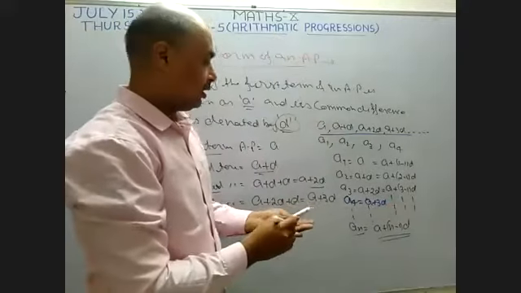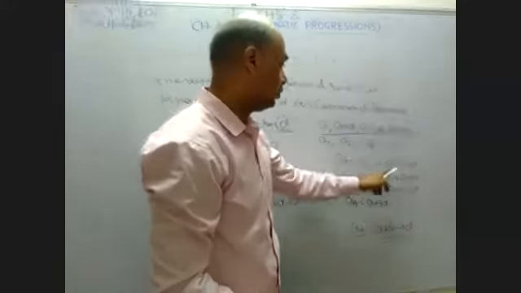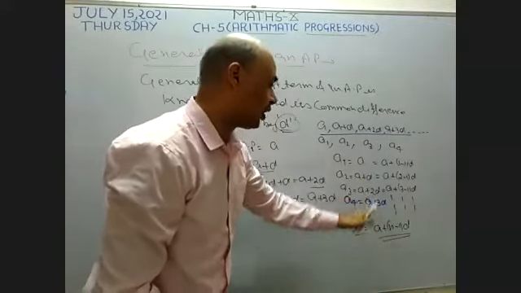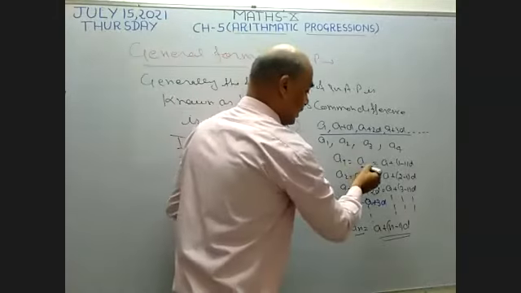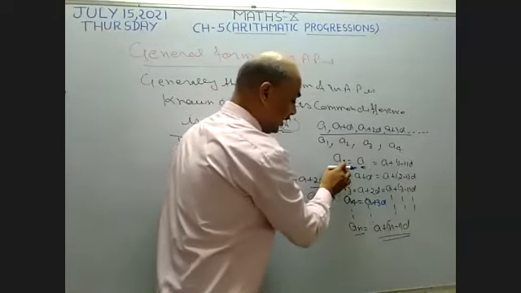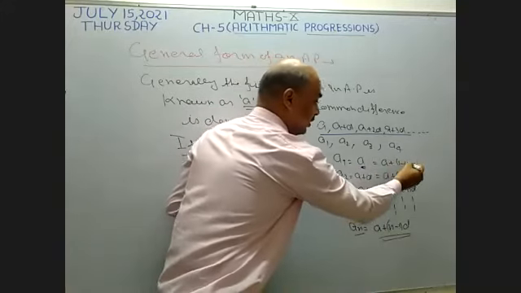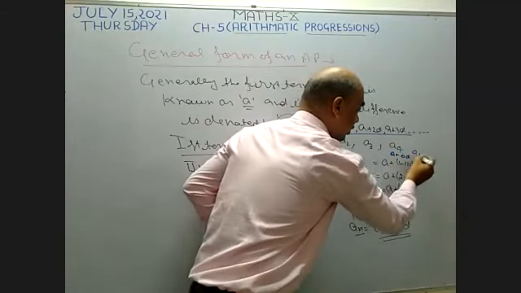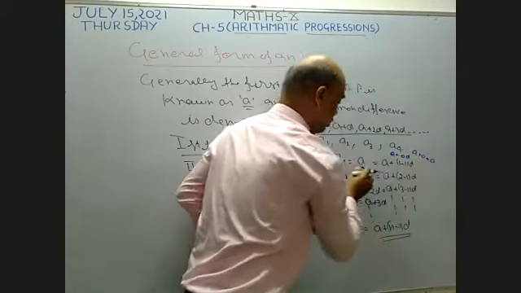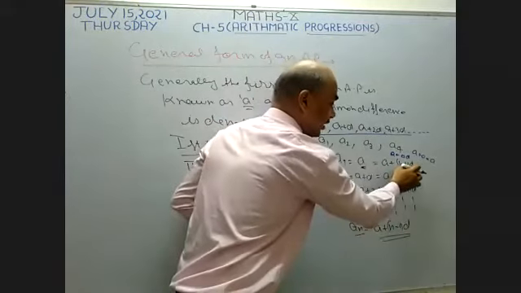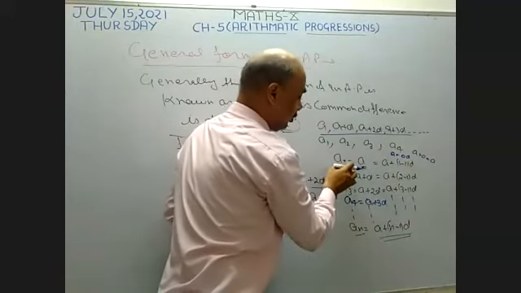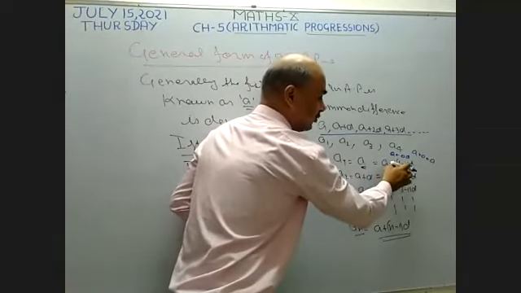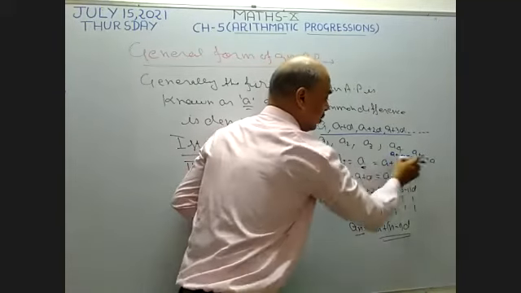Okay? In the same way, I told you the last term of an AP is known as the nth term. I want to find the nth term. I want to follow some rule here. See here. This A can be written as A plus, what do I write here, 1 minus 1 means 0. 0 into D is 0 and A plus 0 is A. So this A can be written as A plus 1 minus 1 into D, because 1 is written here and I want to subtract 1 from this number. So this can be written as 1 minus 1 into D. 1 minus 1 is 0. 0 into something is 0. So this is going to represent A.